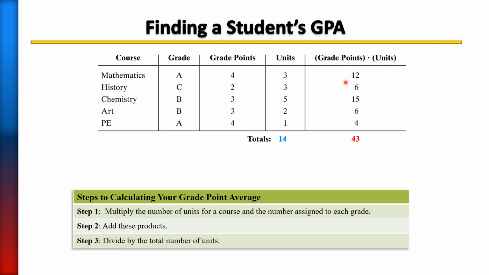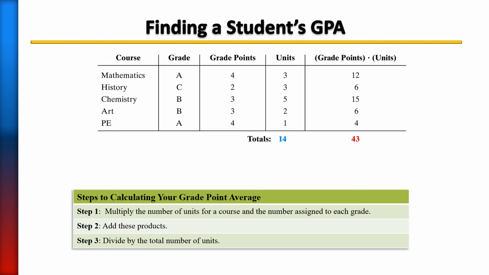grade points there. A C in a course, you only get 2 points if you get a C. That was a 3-credit course, so 2 times 3, that yields 6 total. So in each one, you're going to multiply the grade points times the unit. And then what you're going to do is you're going to go ahead and add up that column. When you add up that column of the amount of credits that the student earned,